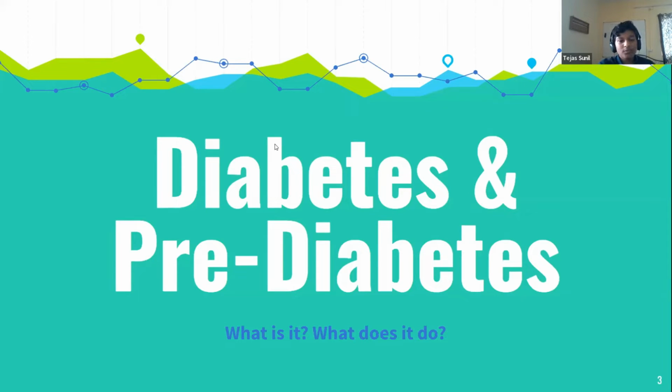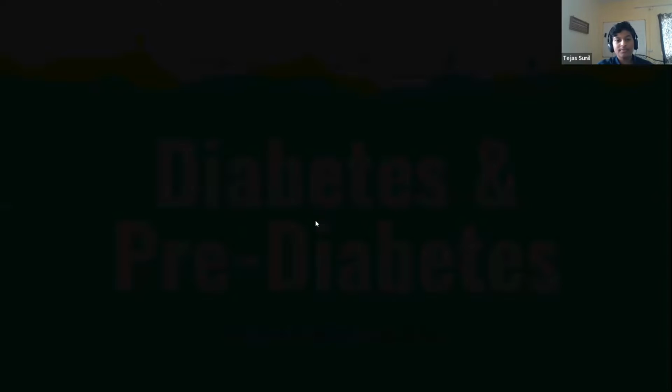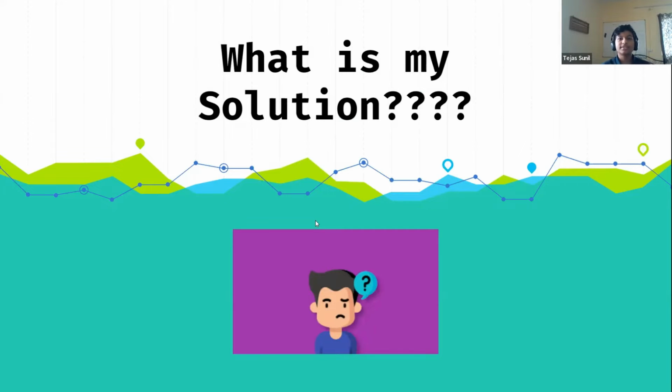So then, what is my solution to this problem? Well, as you heard, it is the diabetes risk predictor. The problem I found was people are unaware they have diabetes or pre-diabetes. Because of this, by the time they realize they have a disease like this, it becomes too late, whereas either the pre-diabetes becomes type 2 diabetes, or it's very soon to become proper diabetes. That's why I built this app.